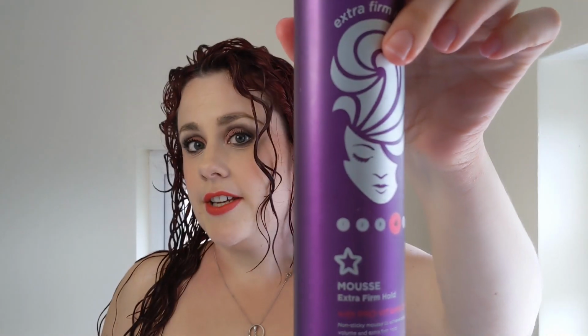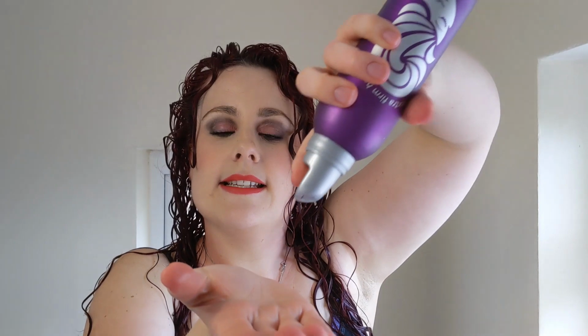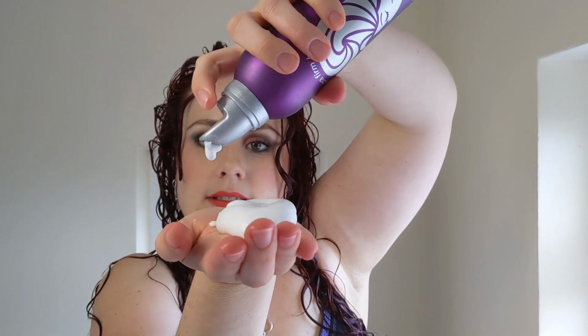So this is the mousse I use. It's the Superdrug Purple Extra Firm Hold Mousse. Only a couple of quid from Superdrug. And I use about that much per side of my hair. It's always a different amount because where it expands so much, I never know how much to deposit into my hands. So I'm going to rake it through,